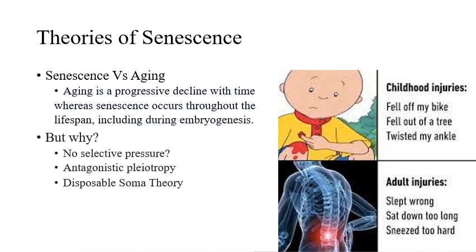And the last is disposable soma theory, which basically focuses on the fact that during your reproductive years, your emphasis is on reproduction, your gamete production. And so you're very slowly sacrificing energy allocation that could go towards your soma, towards gametes, and eventually your body just breaks down and dies. Regardless, old age seems to be written into our biological code